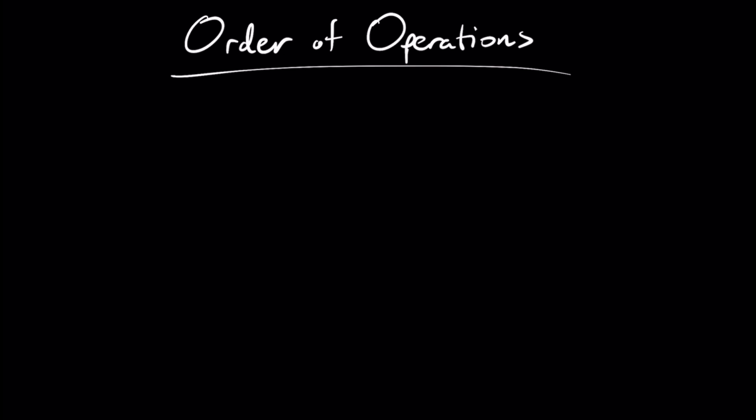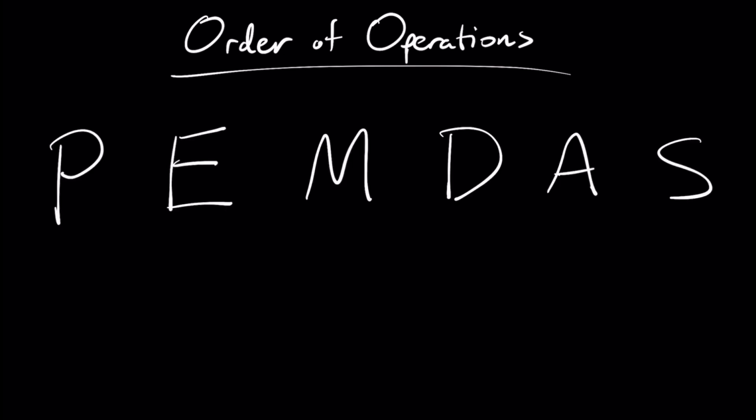So luckily there's this helpful acronym called PEMDAS, and you've probably heard of it if you've started learning about order of operations in class. And each letter stands for something, and we go left to right in terms of what to do first. So the first thing that we do when we have a bunch of operations in a question is we take care of whatever is inside a set of parentheses. So once we've done everything inside the parentheses, we can move on to any exponents that show up in the question. After that, we have